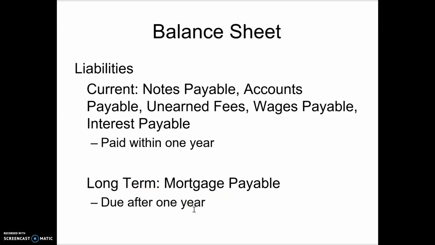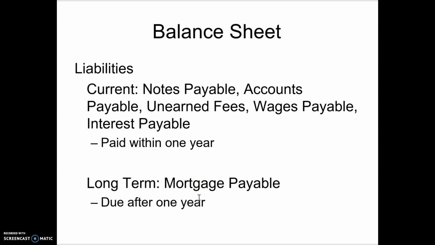Now, interestingly, your mortgage payable, right? You got a mortgage, it's going to be a 15-year mortgage or a 20 or a 30-year mortgage. And so most of your mortgage is going to be long-term. However, you make your mortgage in monthly payments. So the portion of your mortgage that you're going to pay within a year is going to be shown up here as a current liability. You'll say your current portion of your mortgage payable will be shown up here. And then the rest of your mortgage, everything that's due after 1 year, is going to be shown down here